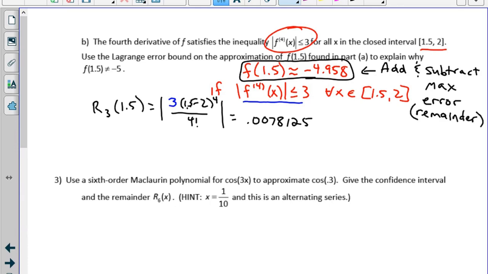I'm going to add and subtract it because I don't know if it's positive or negative. So if I subtract it, I get -4.9658125. And if I add it, I get -4.95125. This is what we call a confidence interval